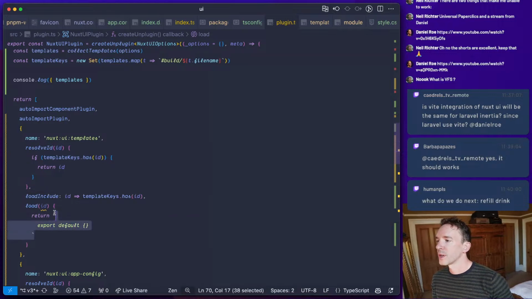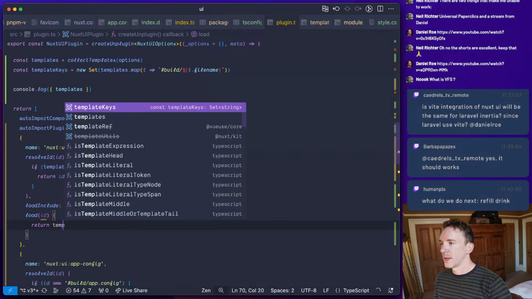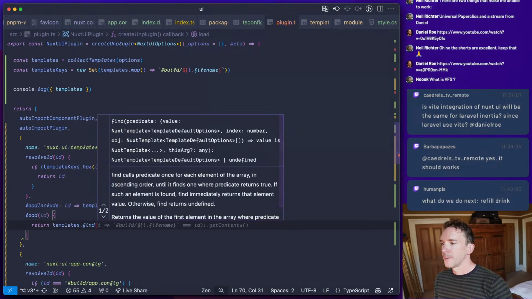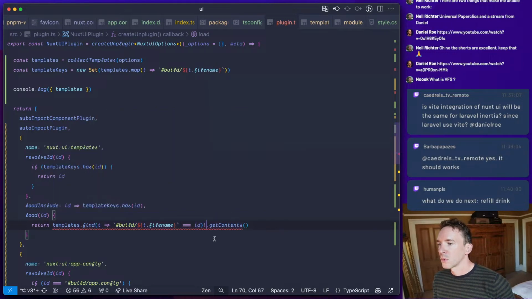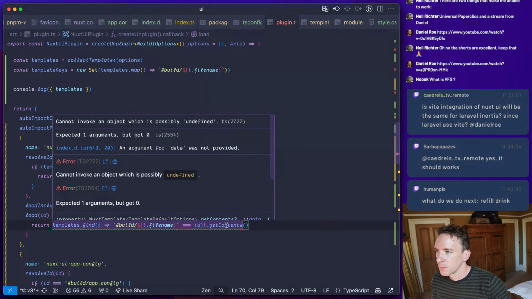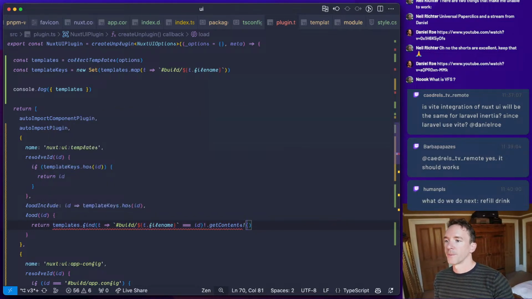And then we're going to return templates find and what am I doing? What is it complaining about? Oh, we need an argument.